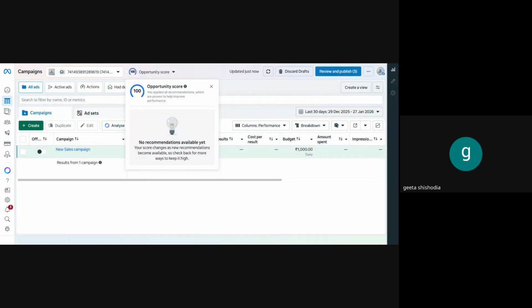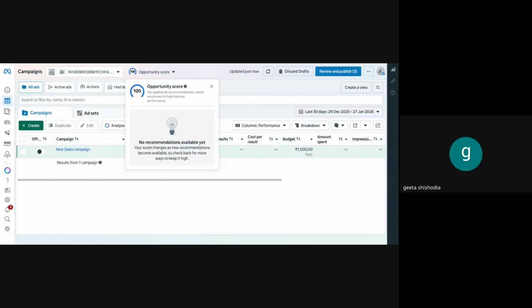This room means that Facebook will push you to make such changes which will lead to more and more consumption of your budget. All right, so don't panic with this figure. Although this should be as high as possible, not below 70-80%. If it goes below 70-80%, that means you need to make more changes in it. All right, once satisfied, you can click on next, and then the final stage comes, where new ads, that means